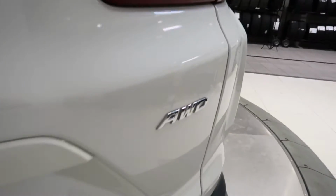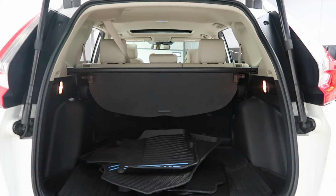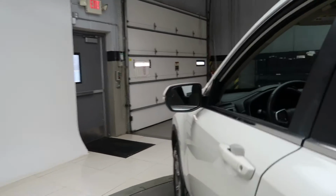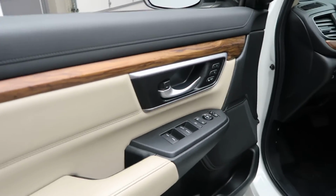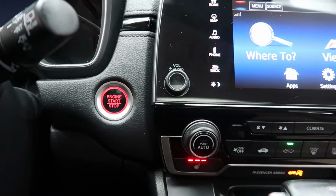CR-V all-wheel drive badging, power liftgate, a clean set of all-season and regular floor mats, fold-down rear seats, cargo cover, blind spot assist, memory seats, power windows, power seats, steering wheel controls, push-start ignition,